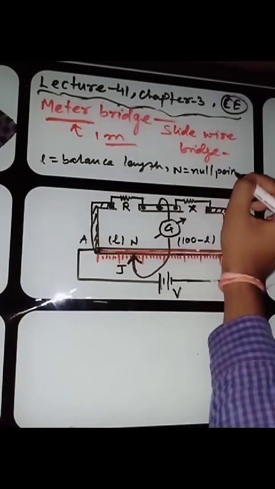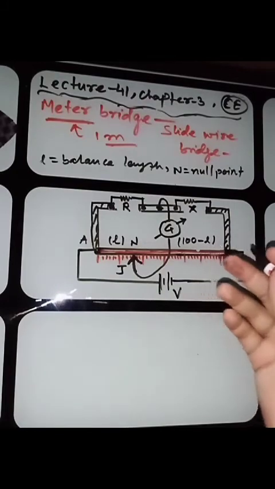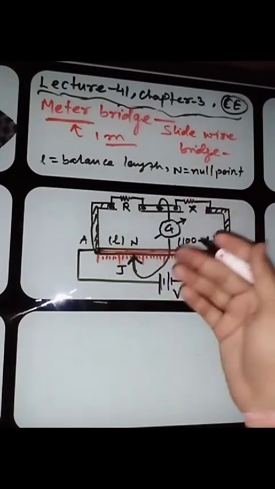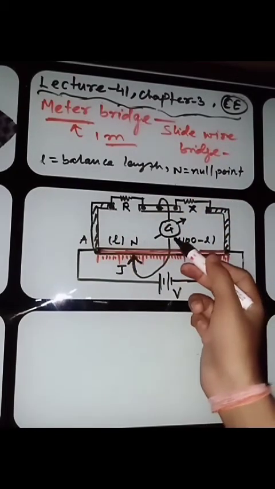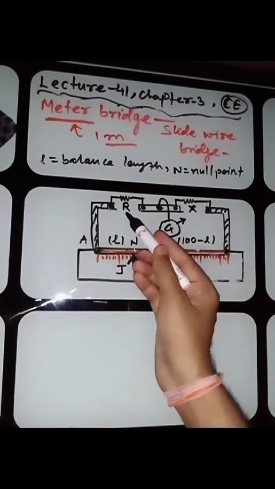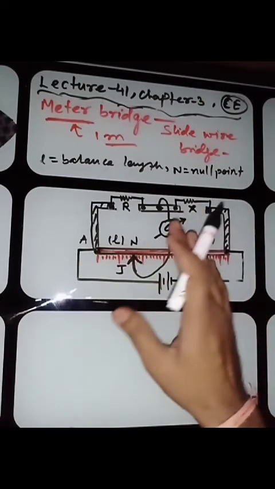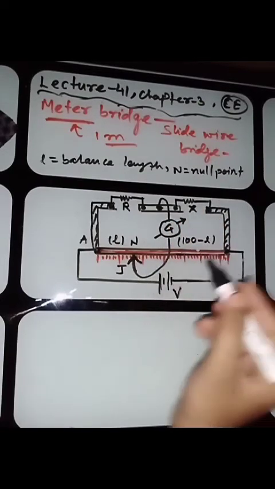In the examination, if you find this question, then you can write it by giving the labels. This J is the jockey, G the galvanometer. Okay, this is the battery eliminator. This is the known resistance. This is the unknown resistance. You can write in your notes properly. All right. Now,